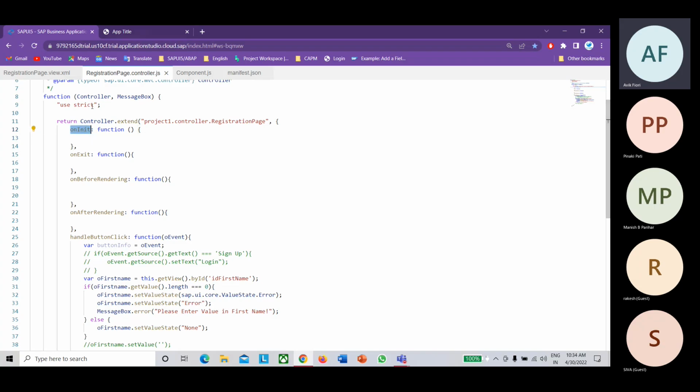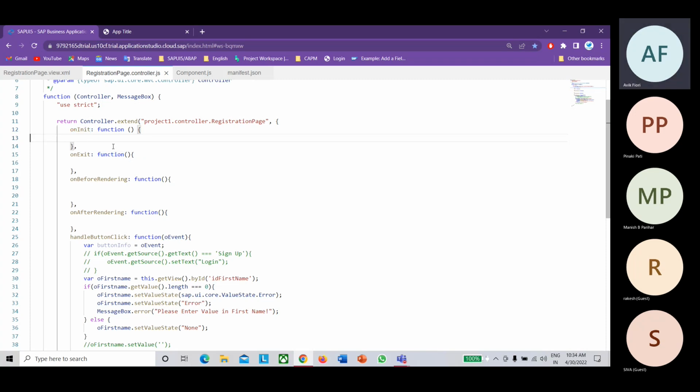But if you come back to the registration page from the login page, this onInit will not trigger, because this method triggers only once for the controller.